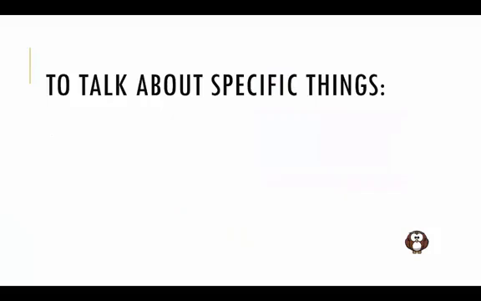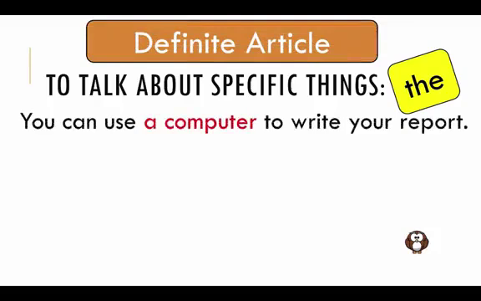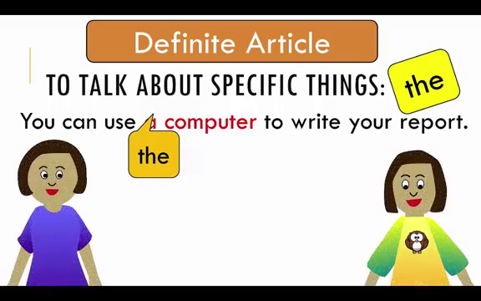What happens if you want to talk about something specific? You can use the. The is what is called the definite article. For example, let's use the same sentence from the previous video. You can use a computer to write your report, but let's change a to the. To make it easier to understand, let's listen to a dialogue between a mother and daughter using that sentence to